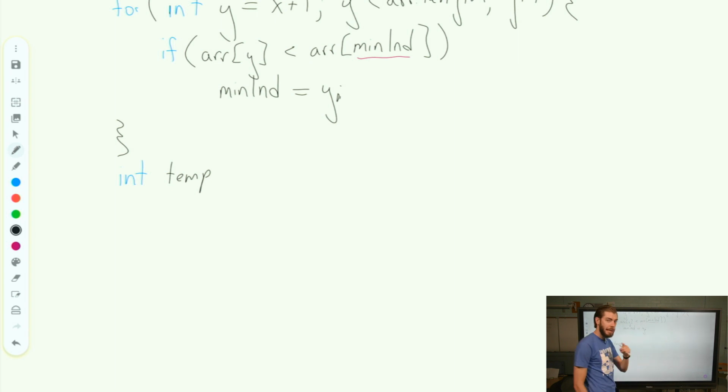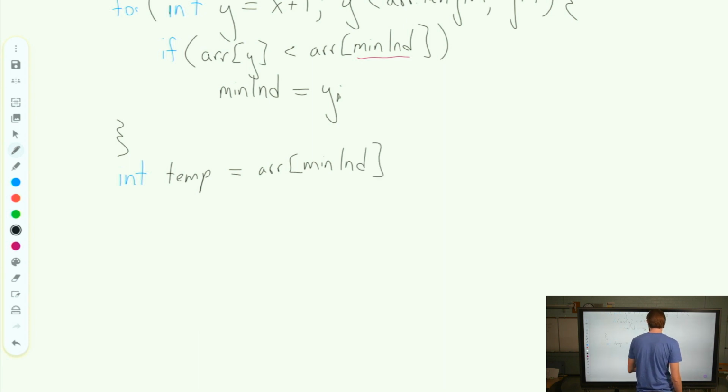Remember, we're still inside the outer for loop. Int temp is going to get the value at array of minimum index. So we're going to save that into a location. So now minimum index is protected, whatever the value was at minimum index. And now we can save the value that was at x into minimum index. So array at min index